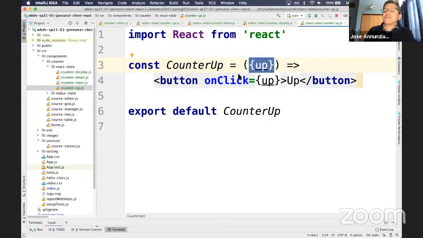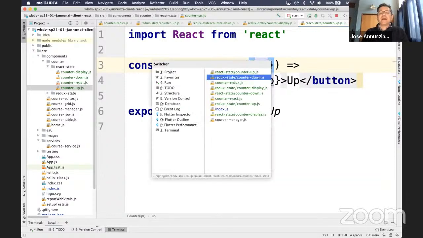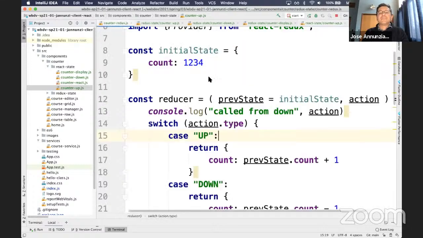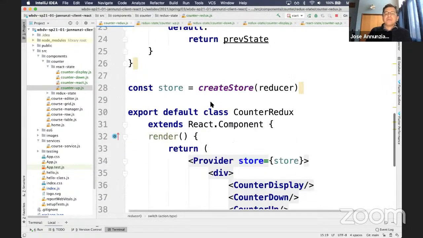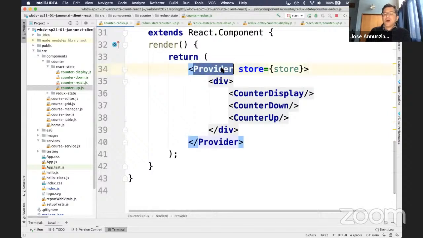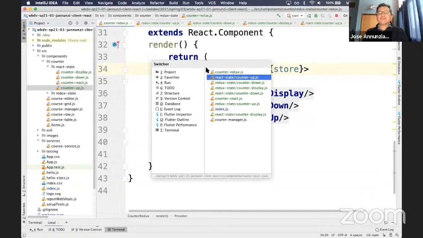Let's see. Is there a question here? Where exactly did we bind dispatch with the reducer for it to be called? Yeah, that's part of the infrastructure. We never bound it, right? It's bound by the provider. The provider calls all your connect functions, passing it two